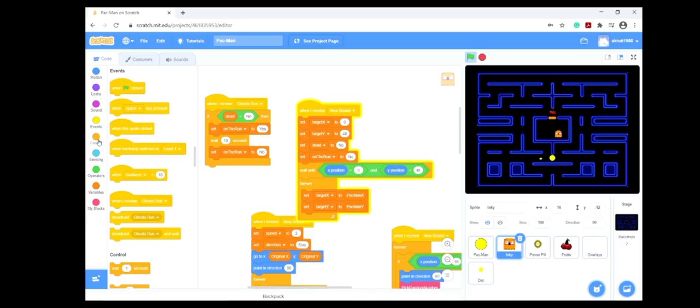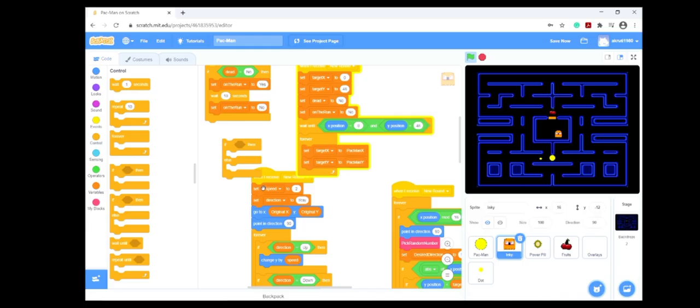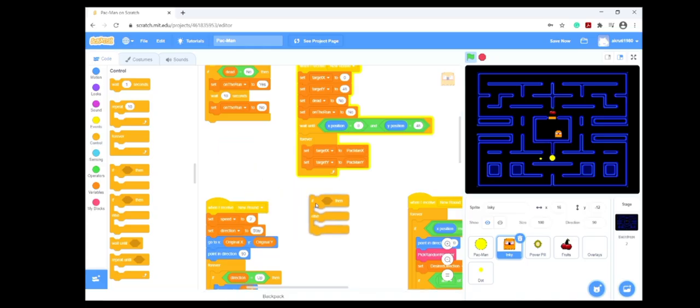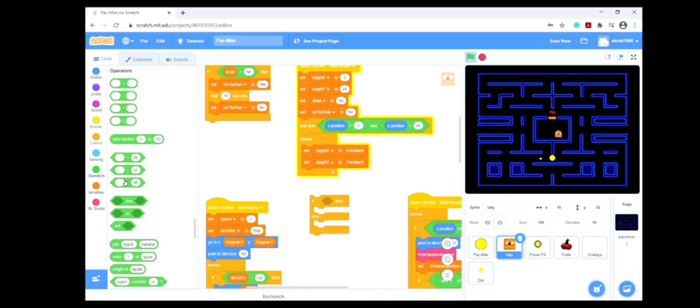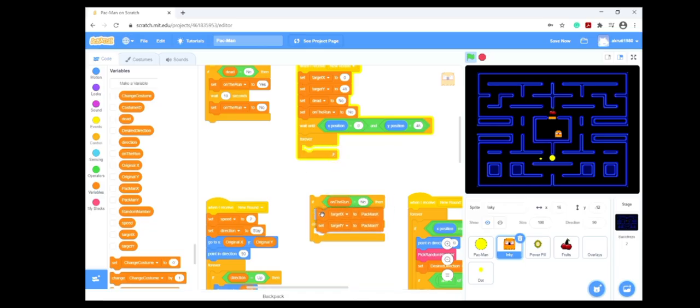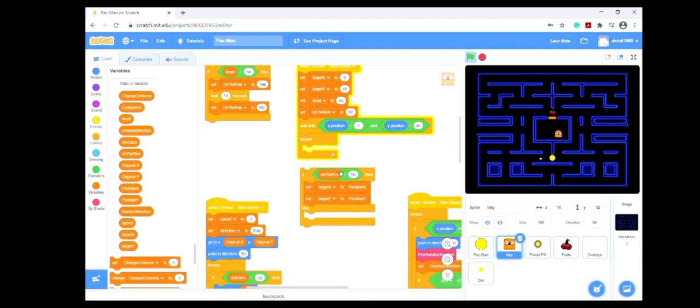Let's go to the controls, if else block. Let's make the space. In this if block, we have to check whether the variable on the run is yes or no. If it is no, then we have to set the target X to Pacman X and Y because it's not on the run. So let's go to operators. We'll take the equal to operator here, and our variable will be on the run. Let's click on the run: yes, no, correct? If it is no, then we'll use the same as over here. But if it is yes,